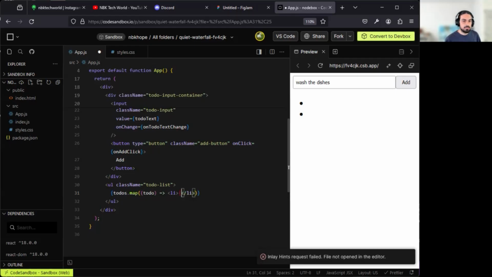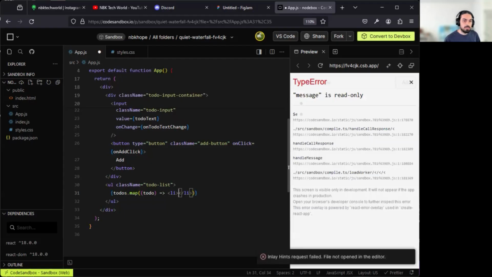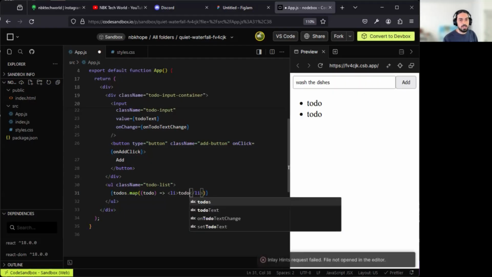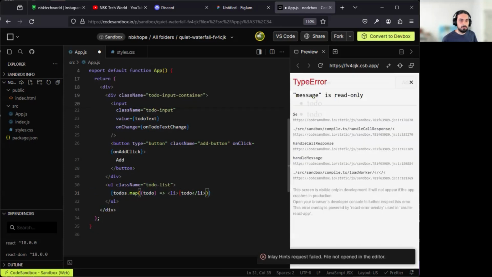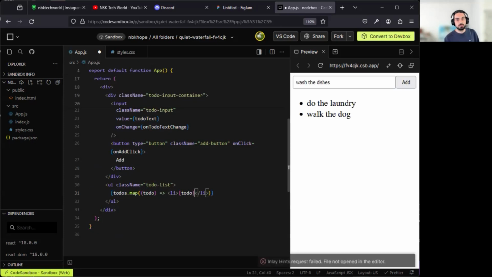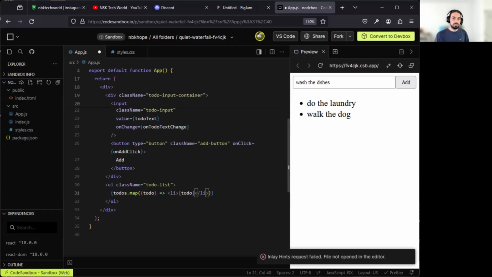And I can use that here in the li. But if I just say to do here, I'm just going to literally see the word to do. So in order to interpolate or substitute the value of the variable here, I must use curly braces before and after the name. Now you can see do the laundry, the first element, and then walk the dog, the second, all transformed or mapped